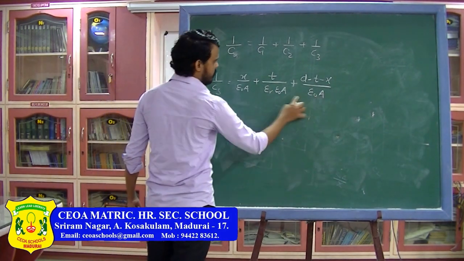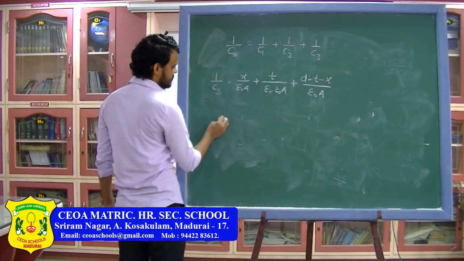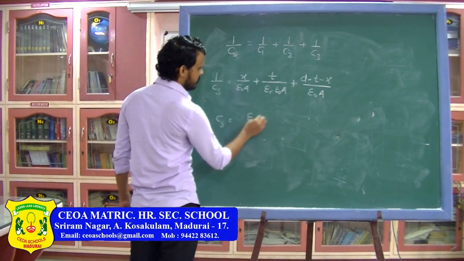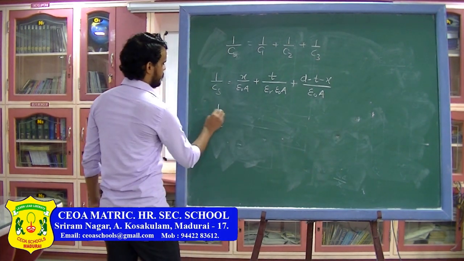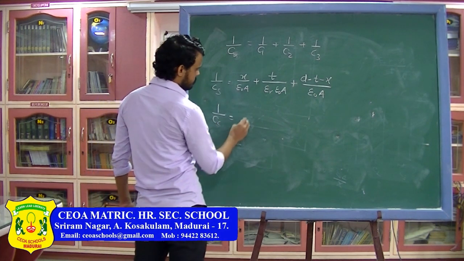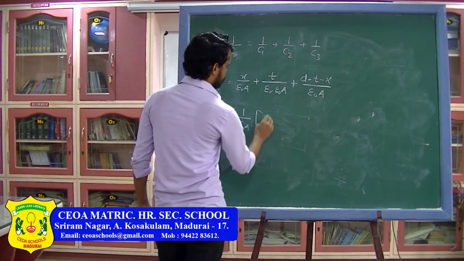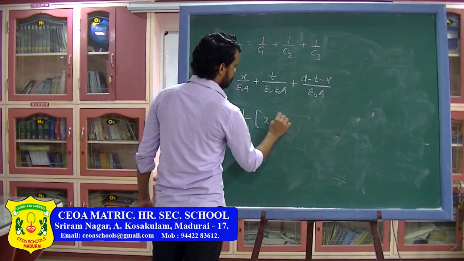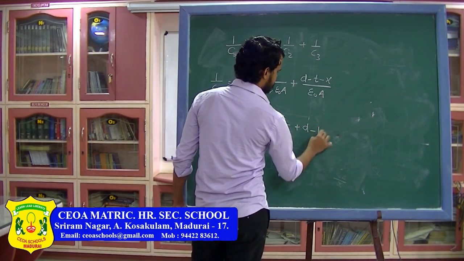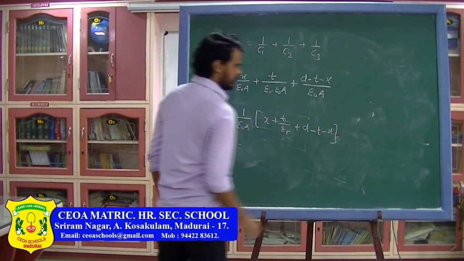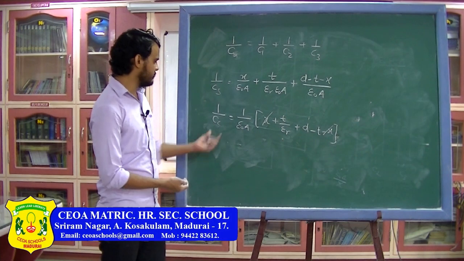Now from all these terms I can take 1 upon epsilon naught A common, and then I can take the reciprocal of this one. So let's do the calculations: 1 upon Cs is equal to 1 divided by epsilon naught A times this will be x, this will be T divided by epsilon r, and this will be d minus T minus x. So from here you will see that this x and this x will cancel each other, and the capacitance I can write